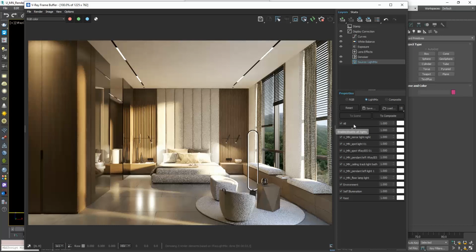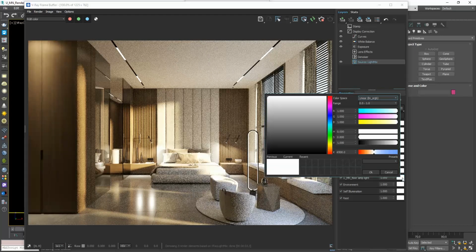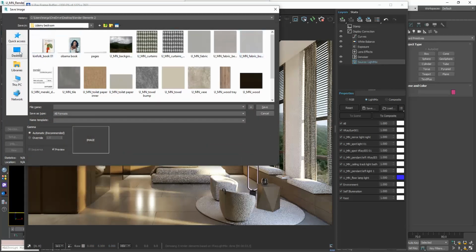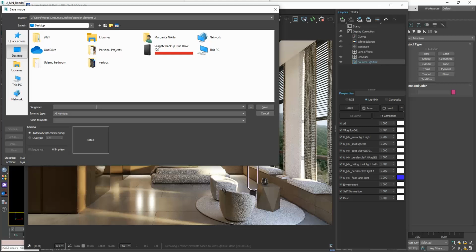I can select the floor lamp light and turn it off or on, change its color or its intensity. Once I'm satisfied with the result, I can click on the Save Current Channel button and save this render. Then I can go and play more with the lighting and let's say try a red color and so on.